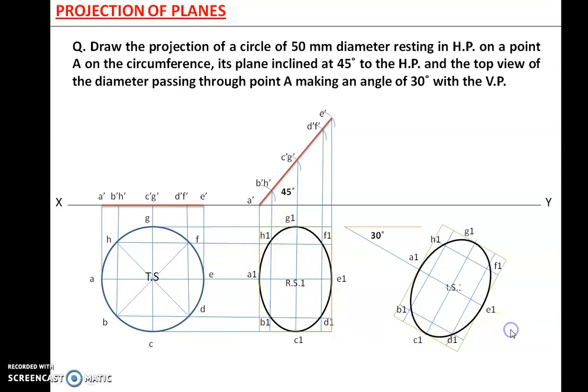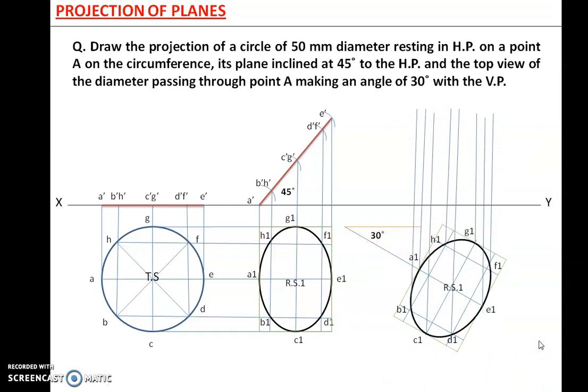So we have just inclined the RS1 at an angle of 30 degree. Now project all these 8 points in the front view. Same way project all these points 1, 2, 3, 4. Here no need to project it. So we have got the projectors of these points. Now find out the intersections. So this will be A. B, where is B? From here, so this will be B. This is C.